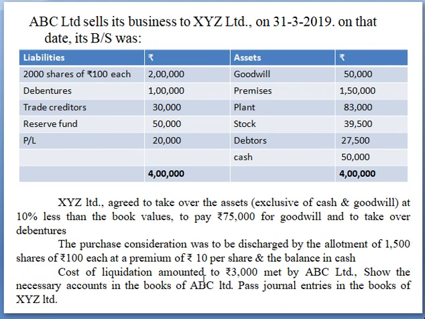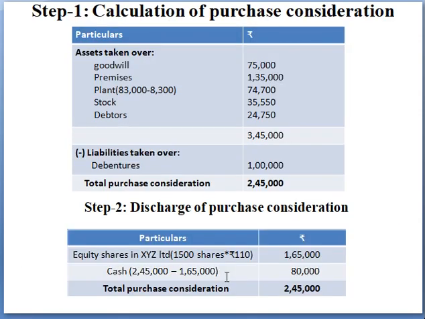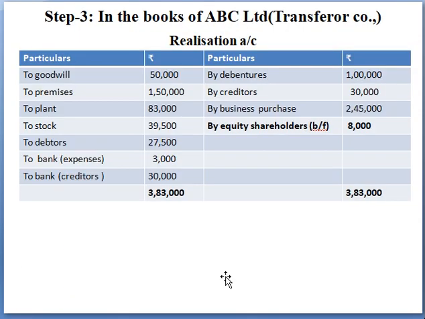Now what is given? The next is the expenses, 3,000 rupees. Now when the business pays the expense, as we are preparing the realization account, which is in the nature of a nominal account, debit all expenses and credit all incomes and gains. So expenses to be paid, right? That is expenses to be debited. So enter in your debit side to bank account, that is expenses 3,000.